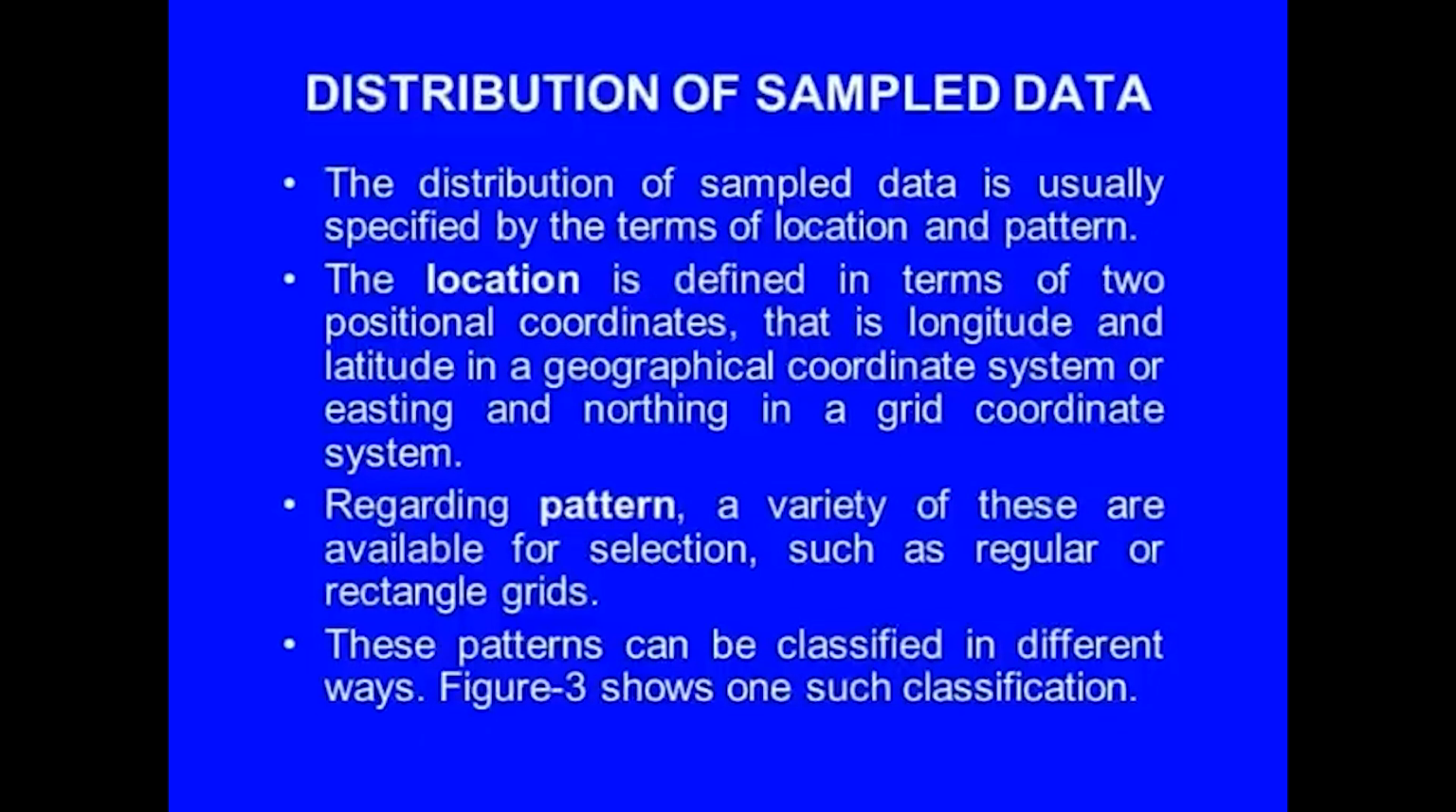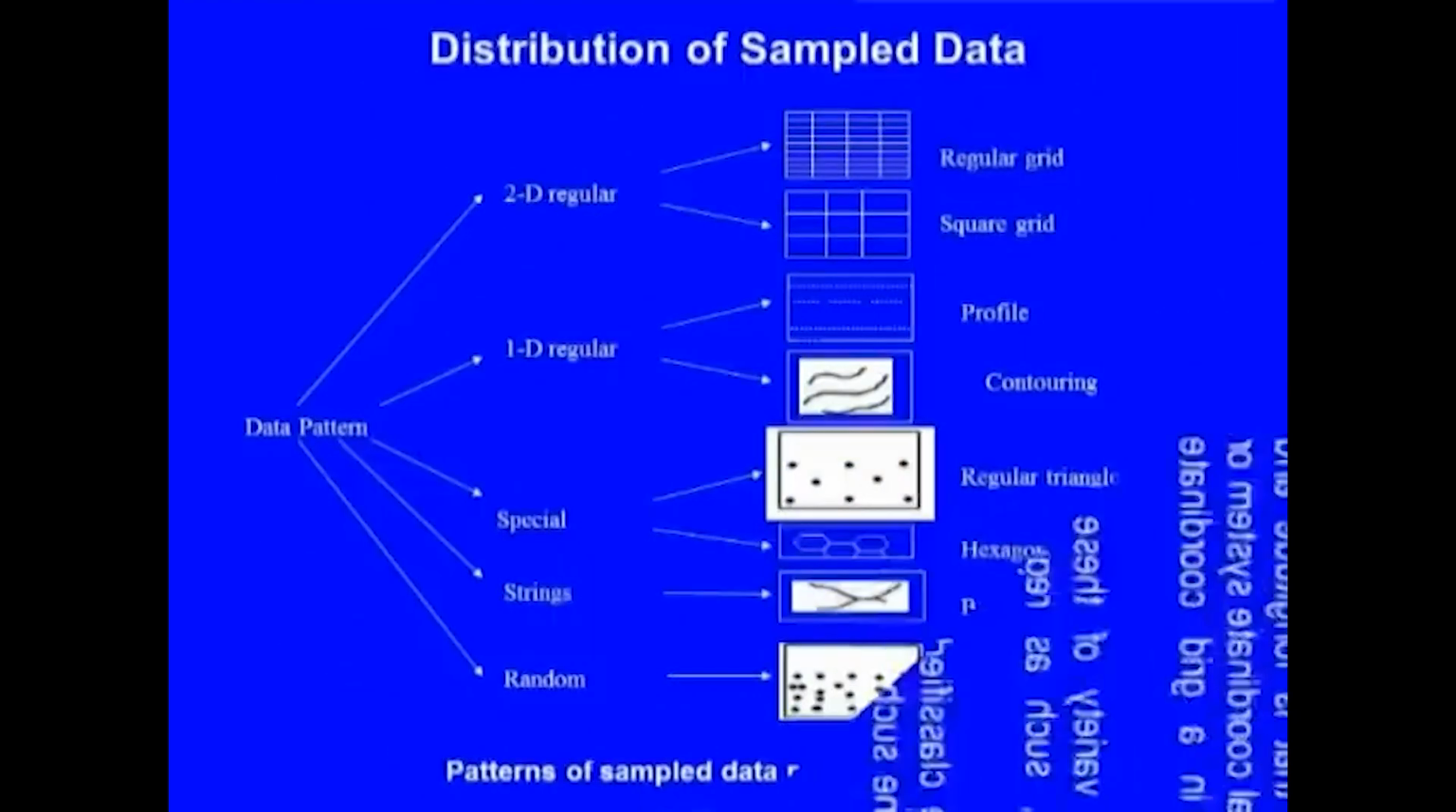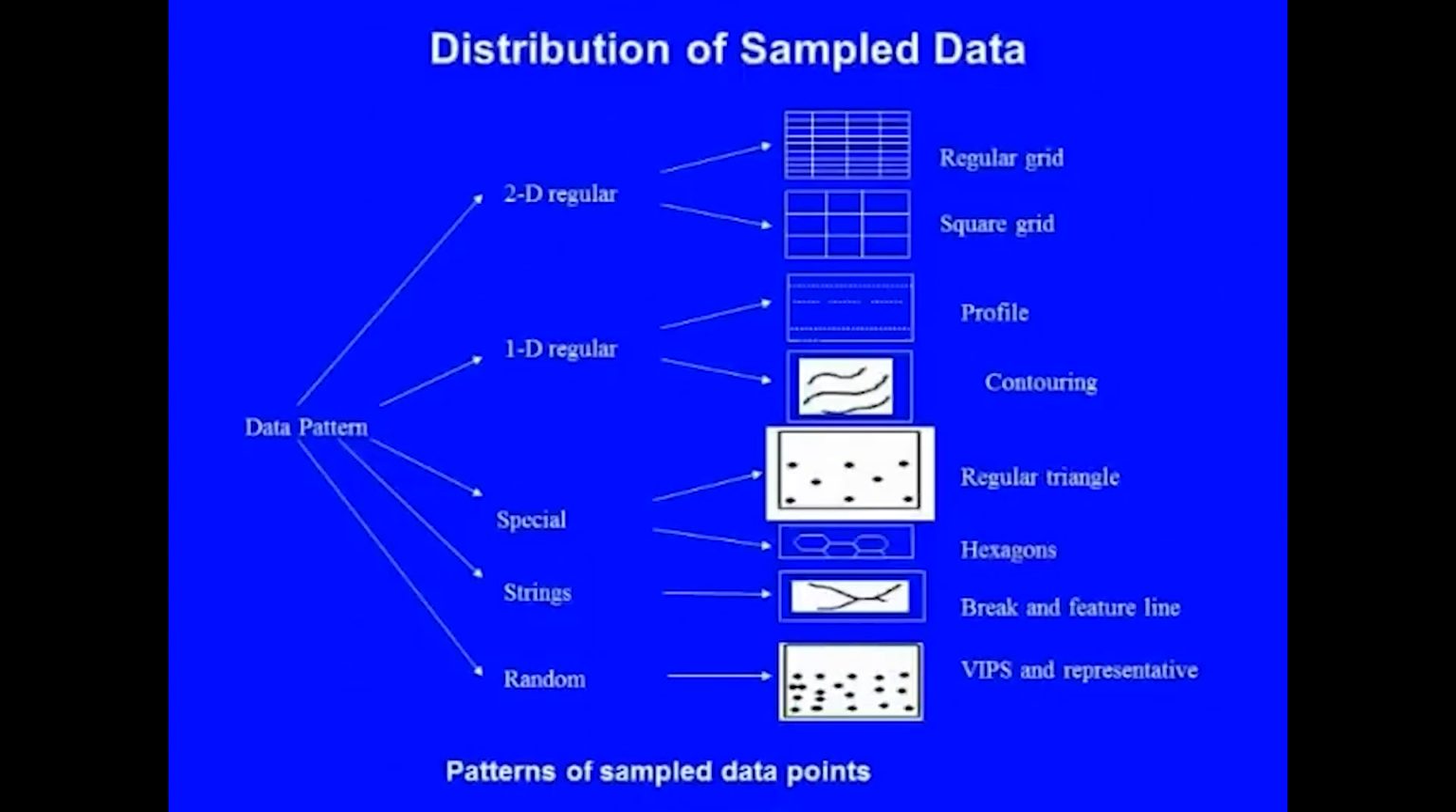Regarding pattern, a variety of these are available for selection, such as regular or rectangular grids. These patterns can be classified in different ways. The figure below shows one such classification. Here we can see how data patterns can be classified as 2D regular, 1D regular, then it could be special,